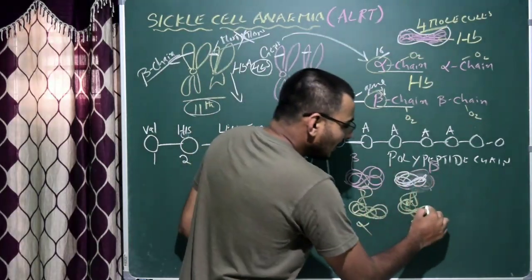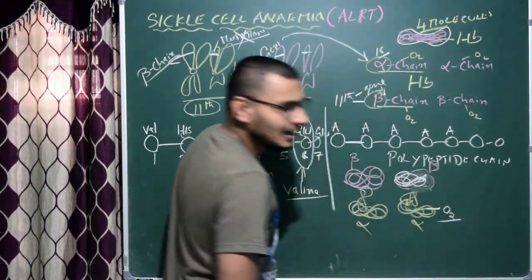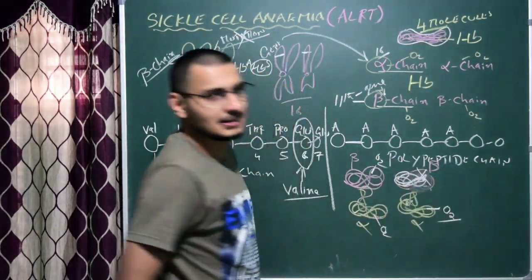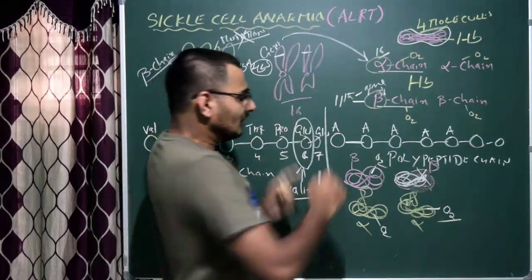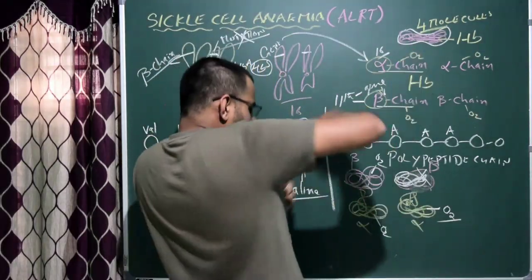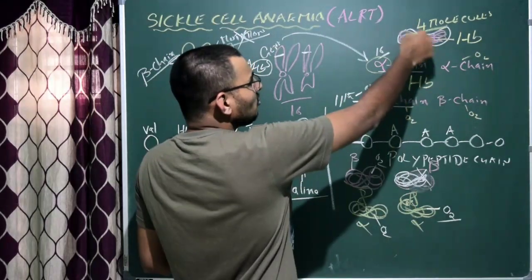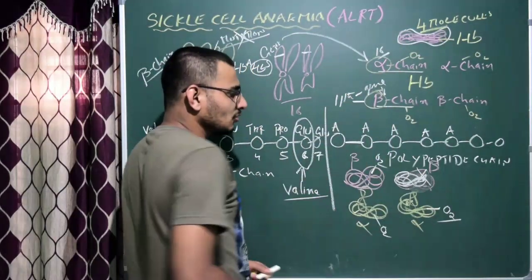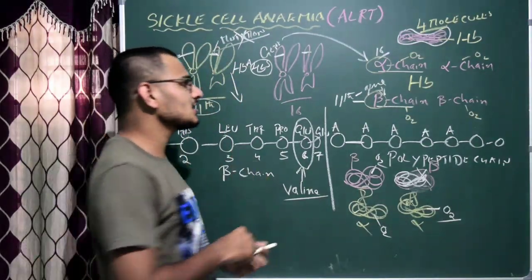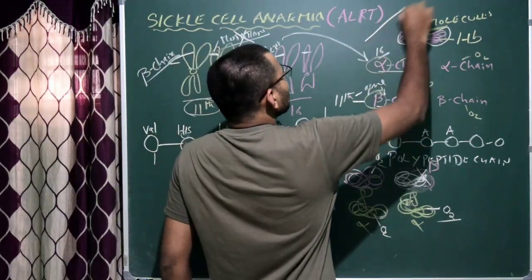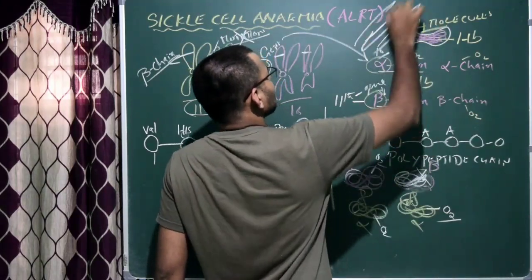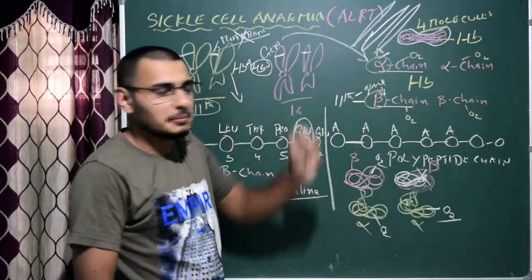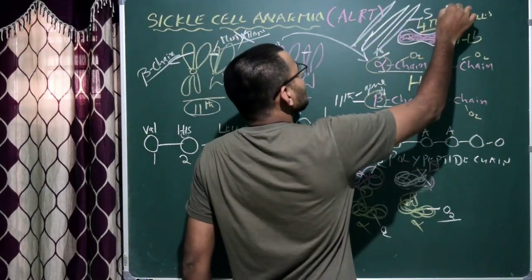Correct? So, now if the alpha is proper, it can bind to one oxygen. This is also proper, this is also proper, but this one cannot bind. That's it. What will happen? This leads to a change in the structure of the RBC, because within the RBC the hemoglobin is there. So now this hemoglobin is not a perfect one because the beta globin chain is a bit changed in structure, and as a result you see a structure like this. So this is the RBC. This RBC looks sickle shaped. Hence it is called sickle cell anemia.